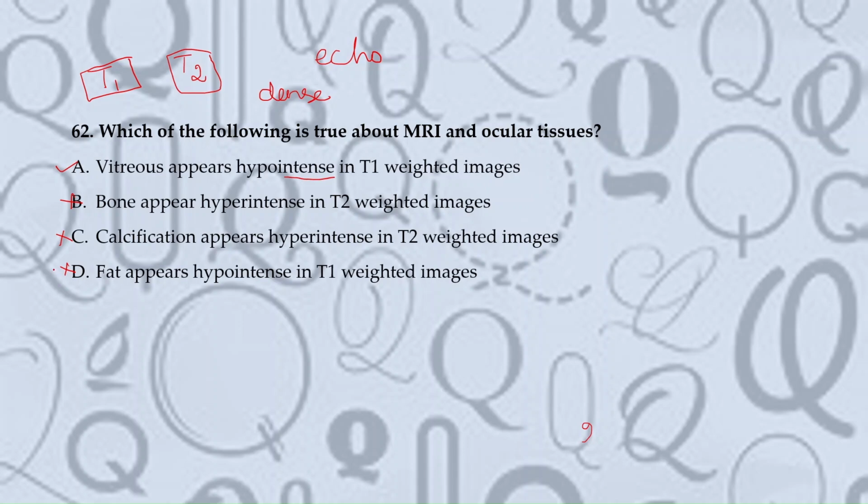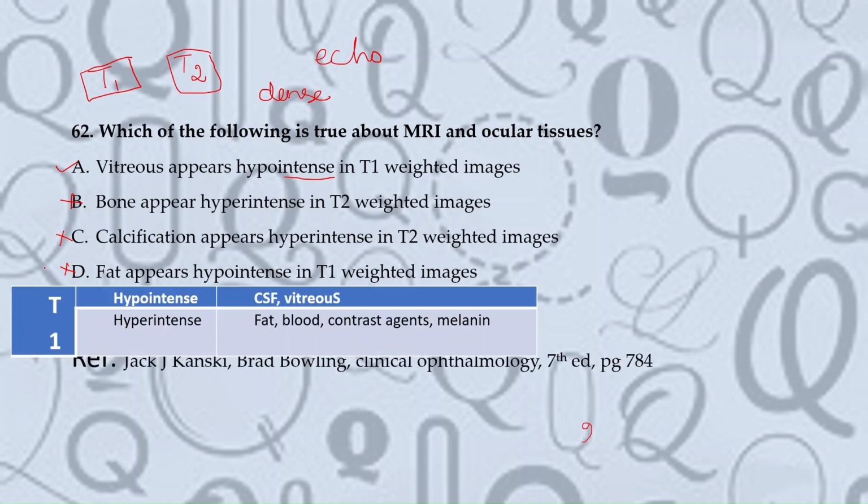So the answer here is vitreous appears hypointense in T1 and it appears hyperintense in T2 weighted images. So let's revise. T1: CSF and vitreous appear hypointense. Fat, blood, contrast agents and melanin appear hyperintense. So I want you to remember this contrast here, because after giving a contrast, that is gadolinium, you will have